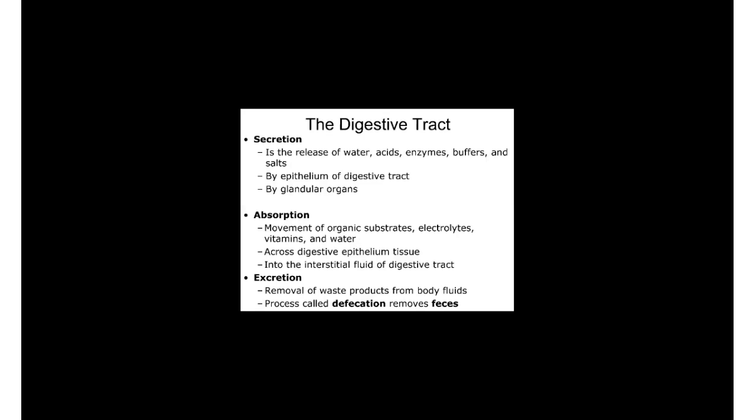Okay, so absorption is the movement of organic material, substances, electrolytes, vitamins, and water across the digestive epithelium into the intestinal fluids and digestive tract. Excretion means the removal of waste products from the body fluid, and the process is called defecation, and removal of the feces will happen. Okay,